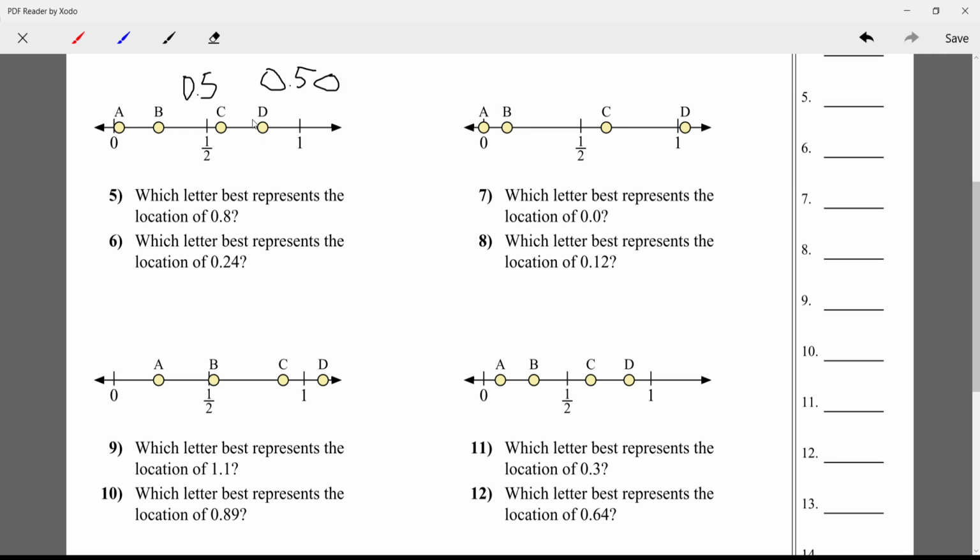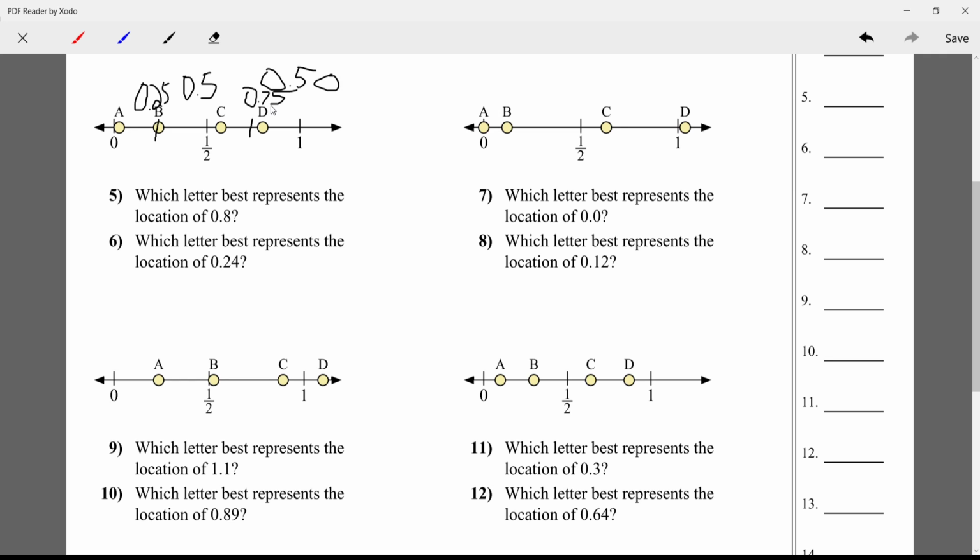8 tenths, and we know that 1/4, right around here, is halfway between 0 and 1/2, and halfway between 1/2 and 1, this would be 3/4, this would be 1/4, which is 25 hundredths, and 3/4 would be 75 hundredths, right? And it's just like money. You can think about it like 25 cents is 1/4, 75 cents is 3/4. So the only logical place 8 tenths could be would be